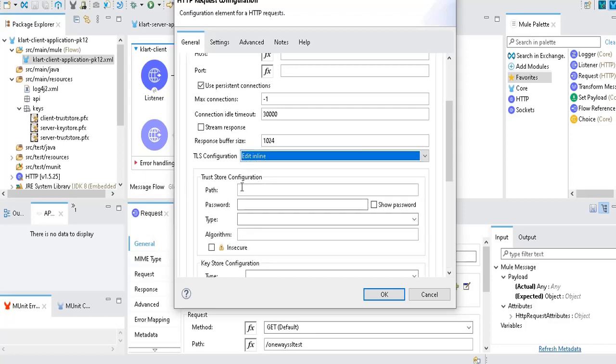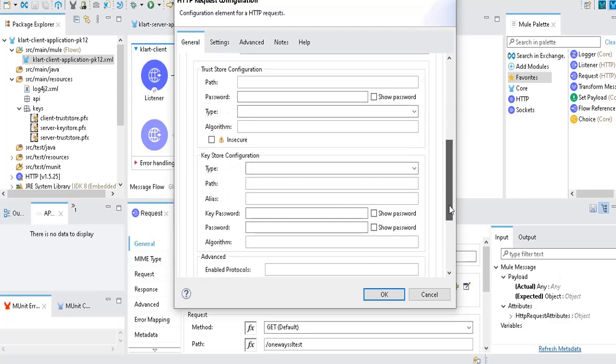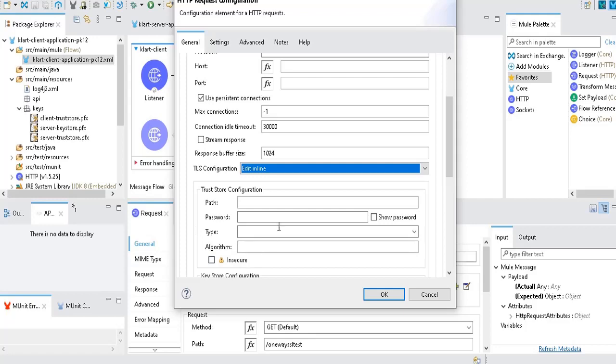Select edit inline. Here you need to configure the trust store section. You need not touch anything for key store configuration in one-way SSL. For two-way SSL, we need to configure everything. For one-way SSL, you need not configure a key store for the client. You need to configure only the trust store for the client.